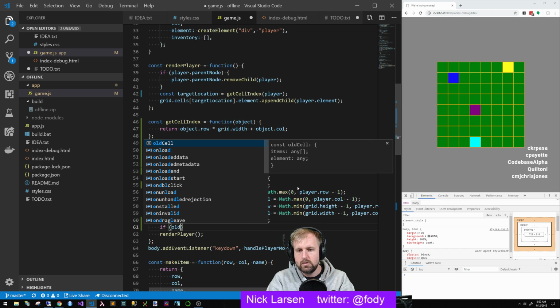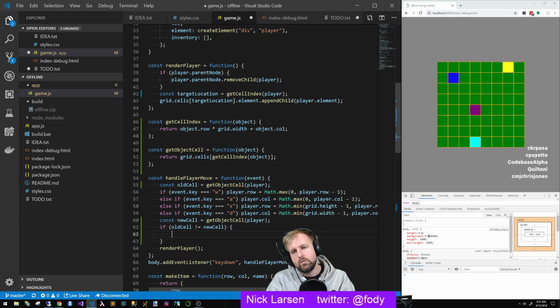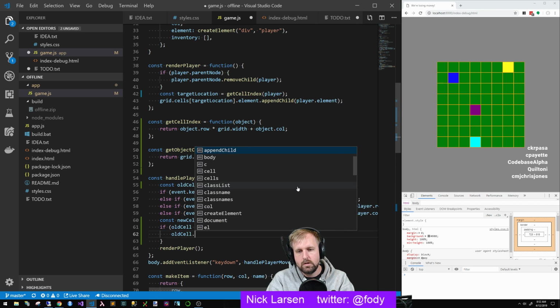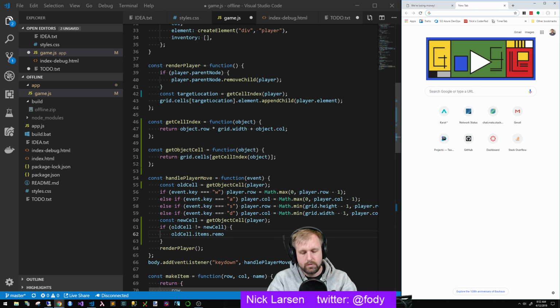If old cell not equal new cell, then we want to say old cell dot items dot remove. I want to remove